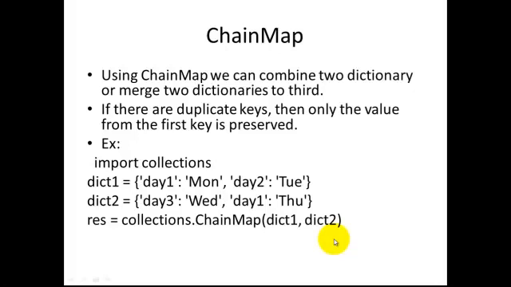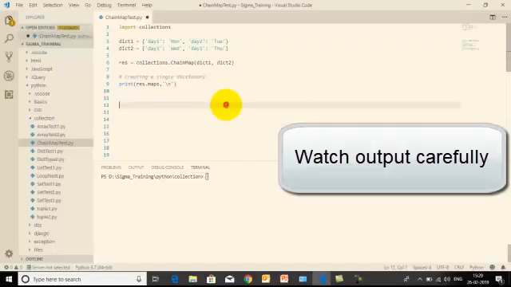Let us find the same thing with our examples, how we can deal with it. Now here I am with two input values, day 1, day 2, which I have given under dictionary 1, and day 3 and day 1 which I have given under dictionary 2. Let us find the collection mapping, how I deal with it. Then I would like to find the response of it, and individually check the keys and values of it.